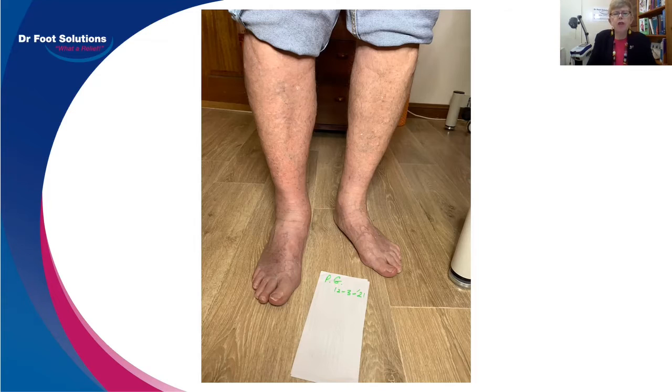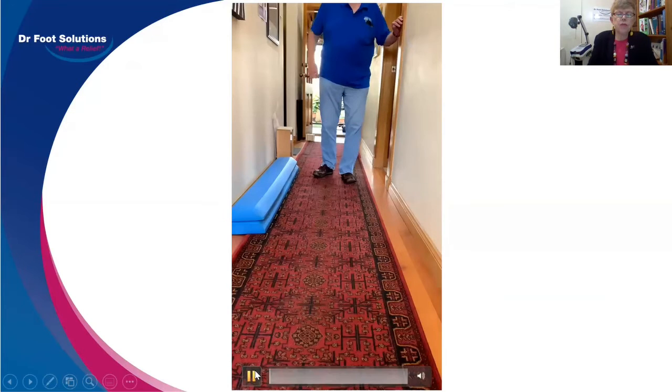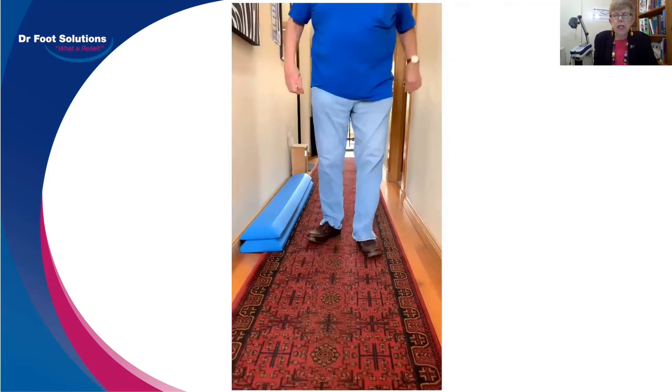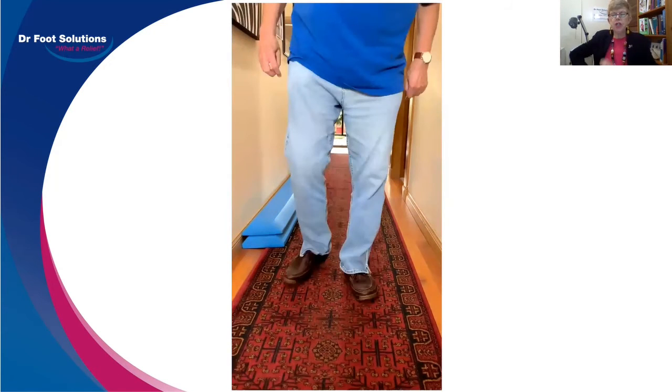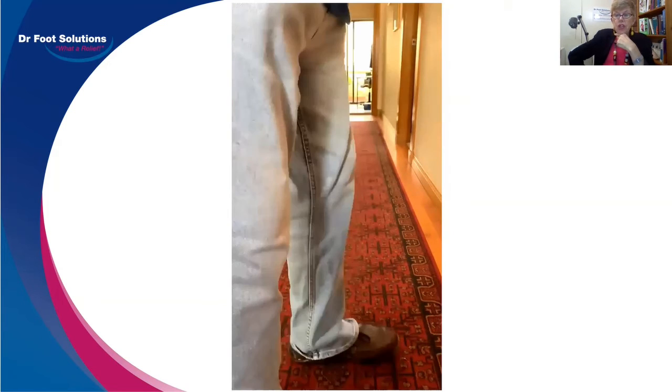One of the things that worried me with this sudden onset of pain is what's happening here. You'll see that his right calf is bigger, but I think that's because of his affected motor function. You'll see this looks a bit more swollen than the other foot. Both feet are fused into a pronated position. Now, you'll see from his gait, and if you watch this here, which goes for a bit over 30 seconds, he's hanging onto the wall for stability and balance, and you can see his gait normally is a very swaggering lateral sort of sway gait, and he's